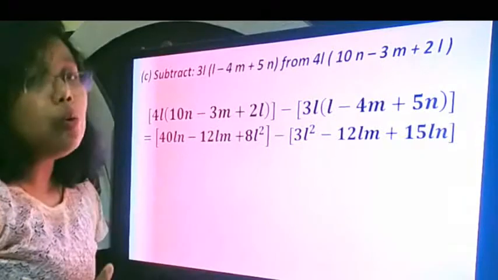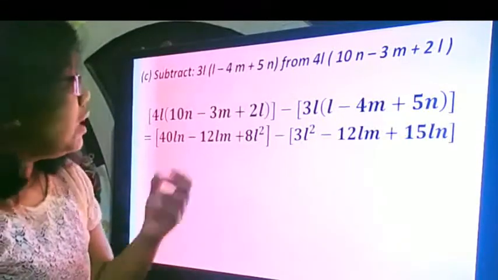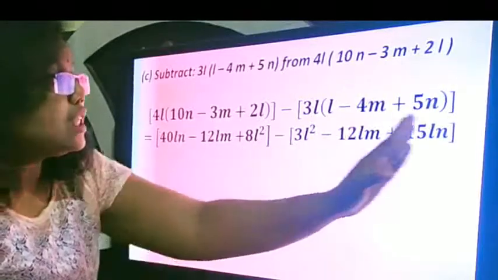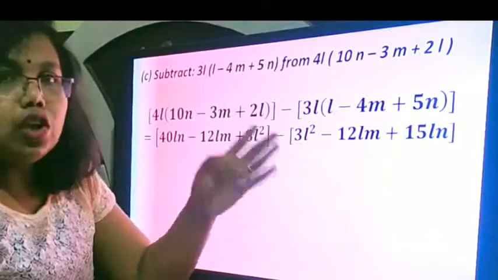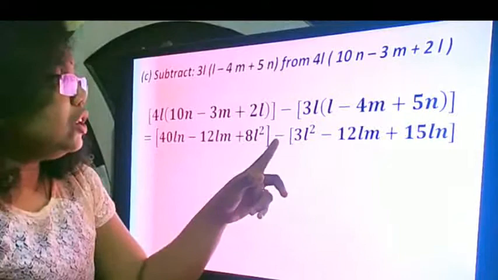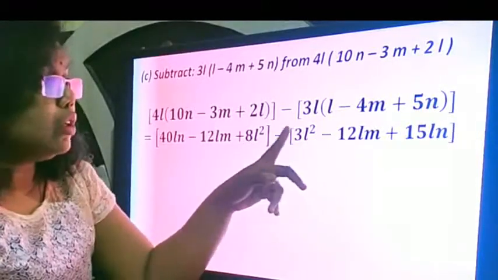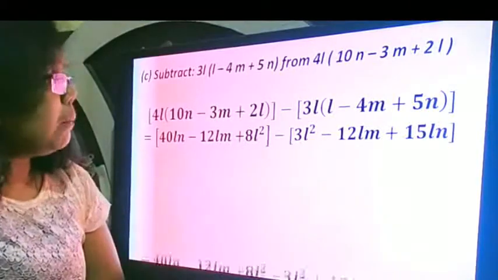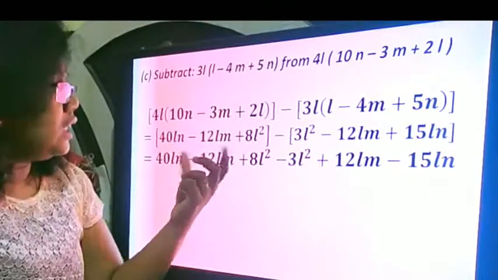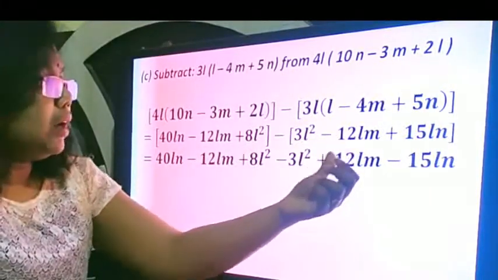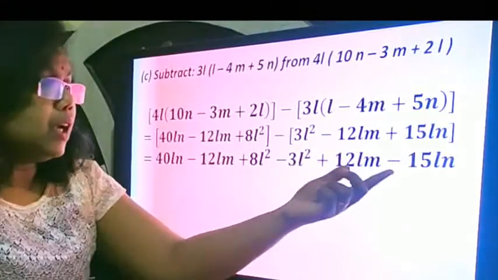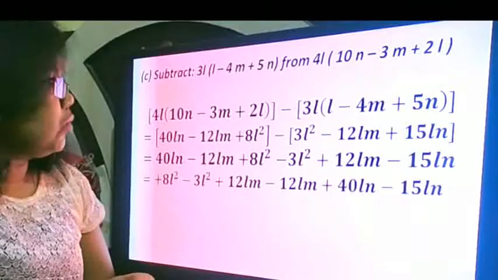Now while we are opening the bracket, we have to be very careful. The first bracket has no problem, but the second bracket, all the signs here undergo changes. The opposite of the sign would come up. Plus into minus, minus, minus into minus would give us plus, minus into plus would give us minus. So for this as it is, these minus 3, minus into minus, plus, plus into minus, minus.